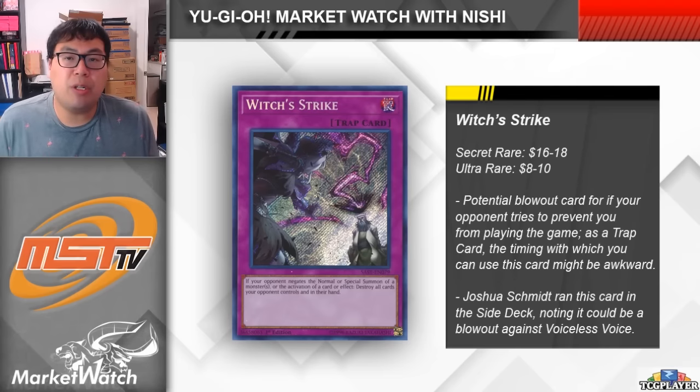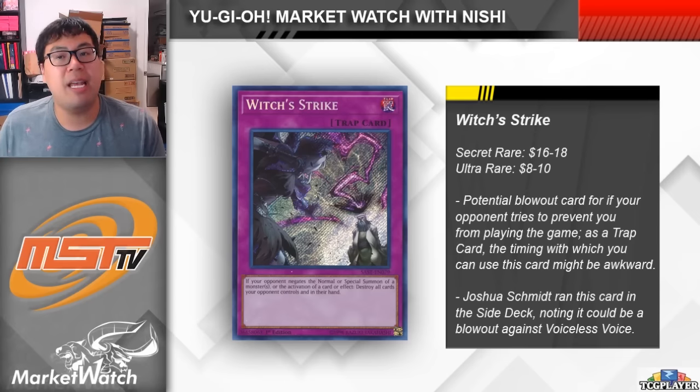We're back to talking about another Joshua Schmidt induced buyout. This time it's Witch's Strike, so this card is actually something that's been talked about as a possible tech in the past. It sort of went up and then it fell out of favor. Now with this card, if your opponent negates the normal or special summon of a monster, or the activation of a card or effect, then on resolution, you activate this card and destroy all cards your opponent controls and in